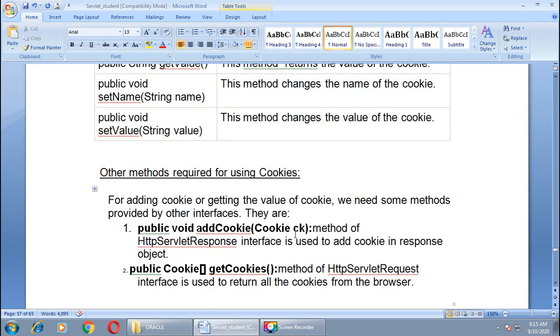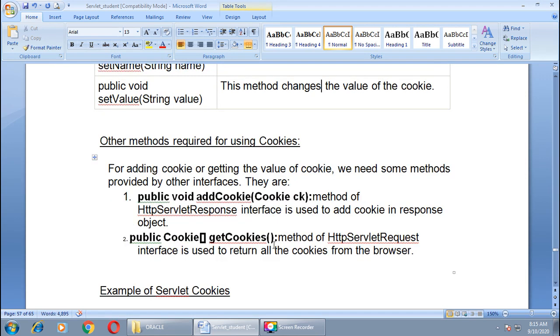Next are other methods required for using cookies. For adding a cookie or getting the value of a cookie, we need some methods provided by other interfaces. They are listed here. First one is addCookie, which accepts one object of Cookie type. This method of the HttpServletResponse interface is used to add a cookie in the response object.